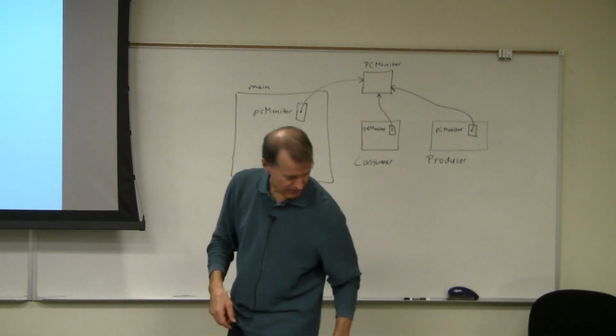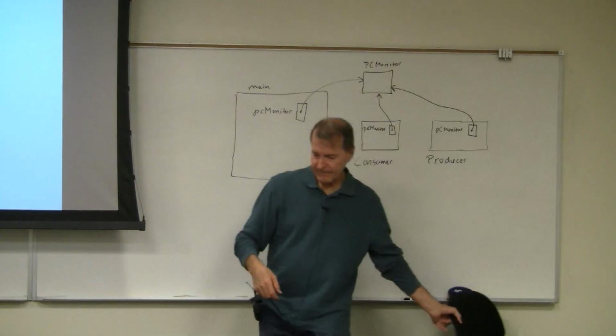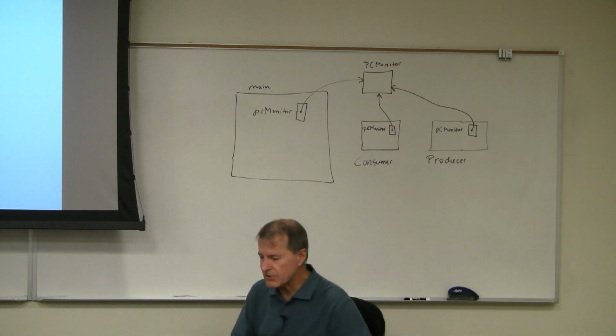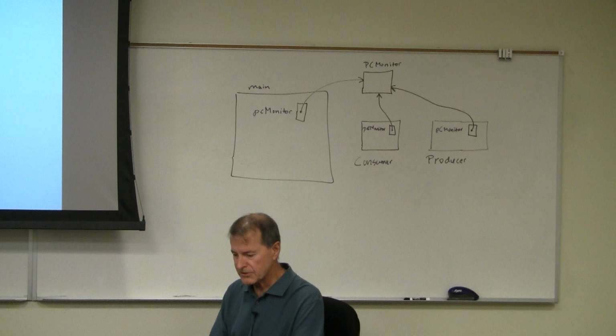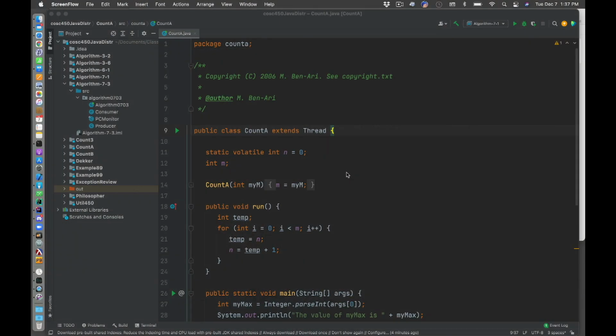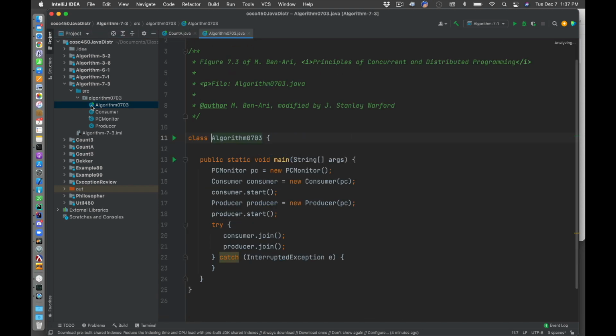And maybe we can finish up with a demo of the Java version. This time it's only going to go from 0 to 15, 0 to 14. Okay, so here's our demo. We see here we're in algorithm-7-3 in IntelliJ, and so here are the 4 files. Here is the class Algorithm0703 with our